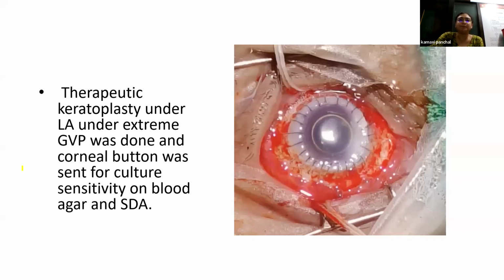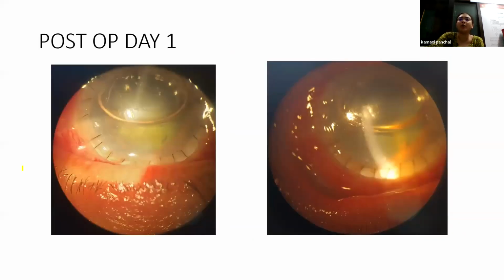This is the post-operative day 1 photo after the therapeutic keratoplasty. Graft was clear in size, AC was well formed with air bubble visible, and the patient had vision of counting fingers 1 meter. On first follow-up, graft clarity was good with best corrected visual acuity in his right eye of counting fingers 3 meters. The patient is currently on topical antifungals, systemic antifungals, anti-glaucoma medications and analgesics with mydriatic, cycloplegic. Thank you.